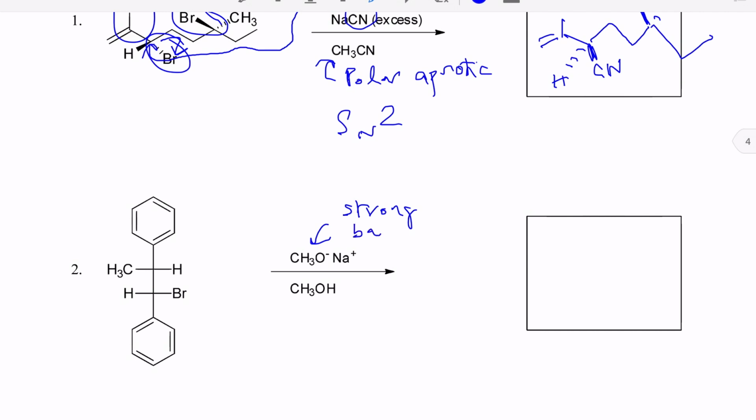It's quite a strong base, because the corresponding conjugate acid, methanol, is a very, very weak acid, right? So that means that once it's deprotonated, it's in an unstable state, and